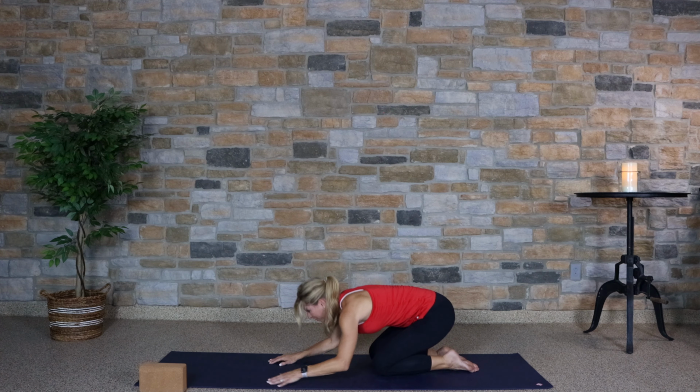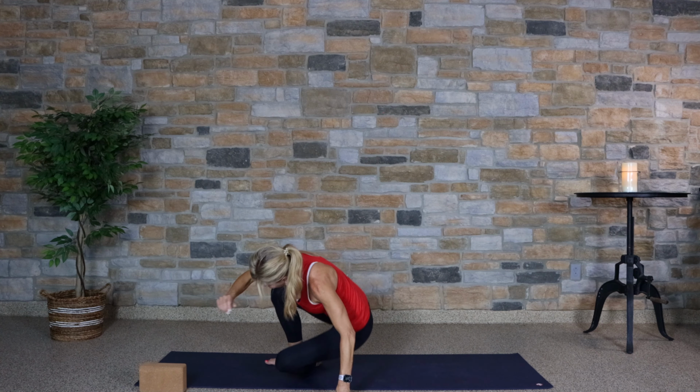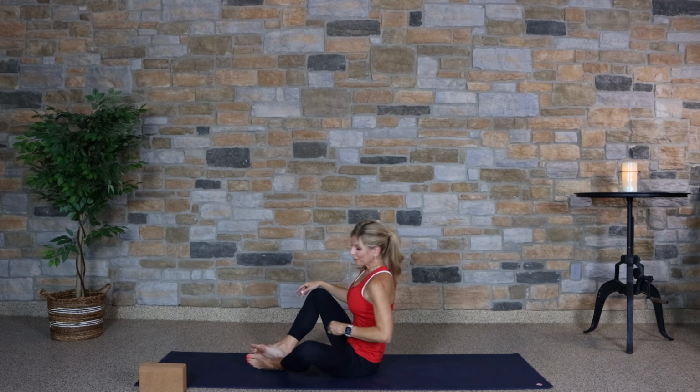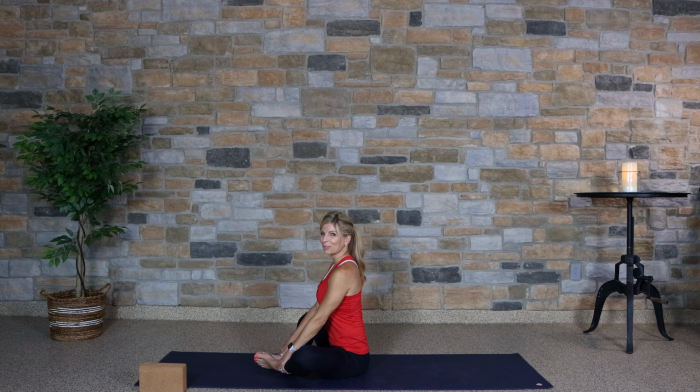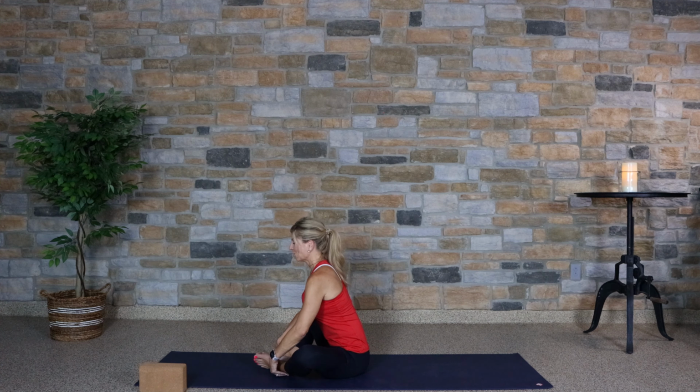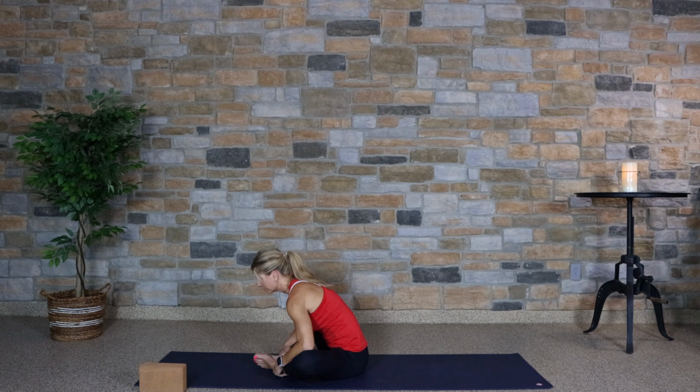We're going to rise up, flip over, and have a seat on your mat. Moving into butterfly pose. So bringing the soles of the feet together. Your knees drop open, sit up tall. You can hold onto the ankles wherever it's comfortable. And then gently just hinge forward till you feel a nice stretch. Begin to lift up,